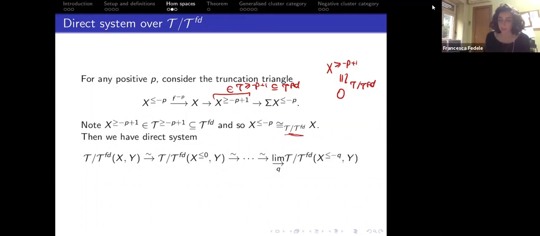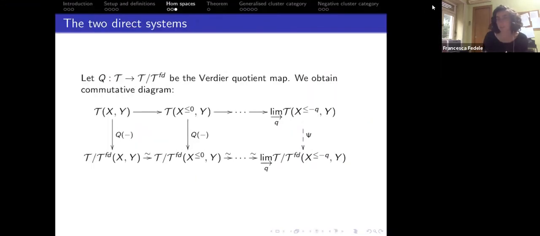So we get this other direct system, and we can also build a commutative diagram between the two direct systems. As the Verdier quotient comes with this universal quotient map, we can use it to obtain these commutative squares between the Hom spaces over T and over T over TFD. And then we can use the definition of direct limit to build this map such that everything still